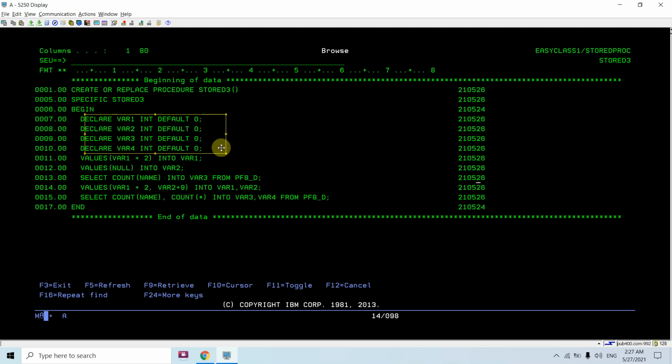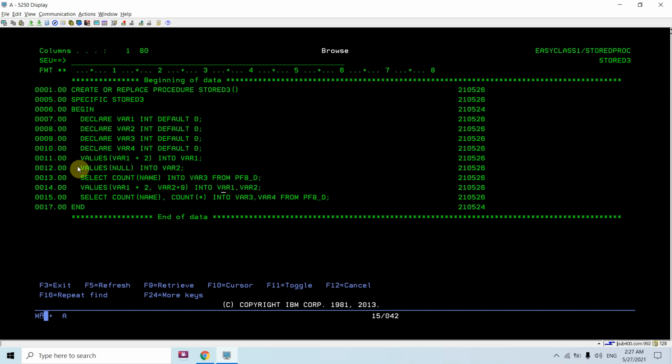These are all of integer type, with default values set to 0. I can set them to any other value, or to null. If we do not set default values, they would be null by default, or we can set null explicitly here.